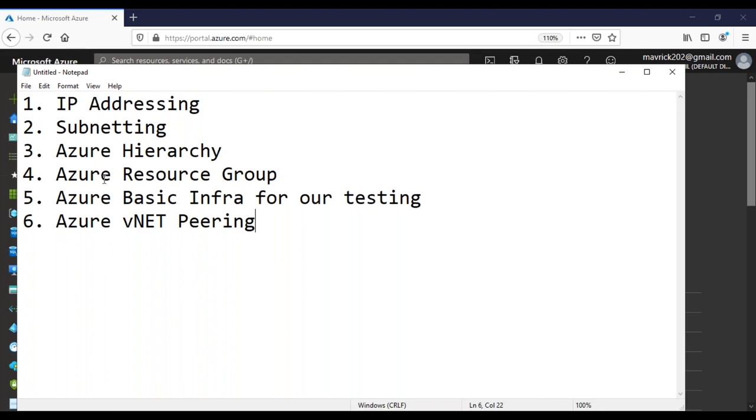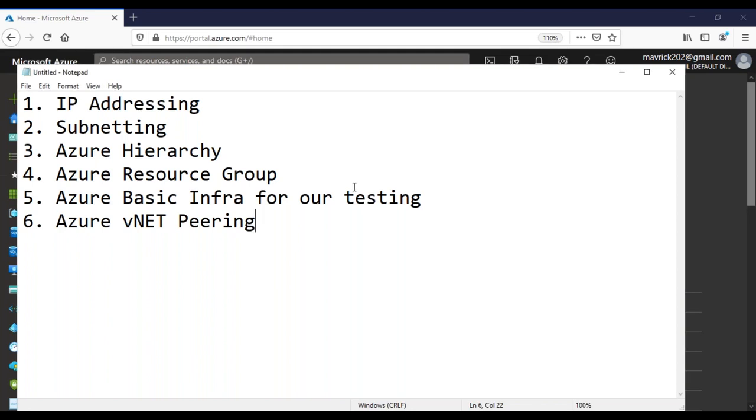The class is expected to run from right now, 4 o'clock, to 7 o'clock, and at 7 o'clock I'm going to give you a half-hour session again, 7 to 7:30, where you can ask your questions, and that concludes our class by 7:30. That is the expectation. So let's see, guys, how we can do this.